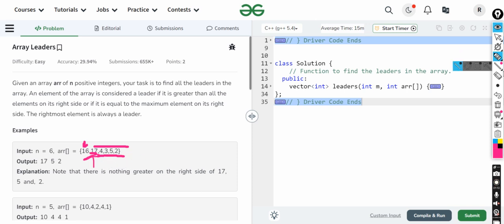So how many leaders could there be? Possibly there could be many leaders, but for a fact we could understand that always the last element of the array is considered to be a leader, because there is no one after it. So there is at least one leader in the array, that is the last element, and maximum there could be n leaders. So very easily we can solve this question. Just we have to check the right half. So I think you have got the idea of array leaders.